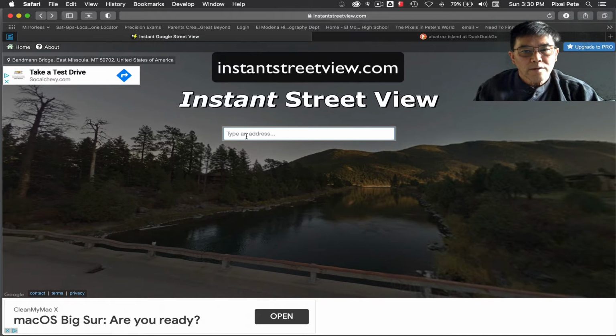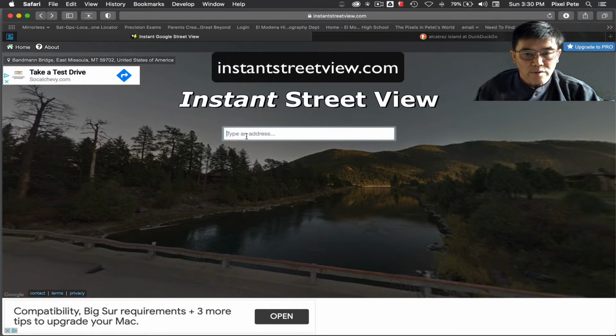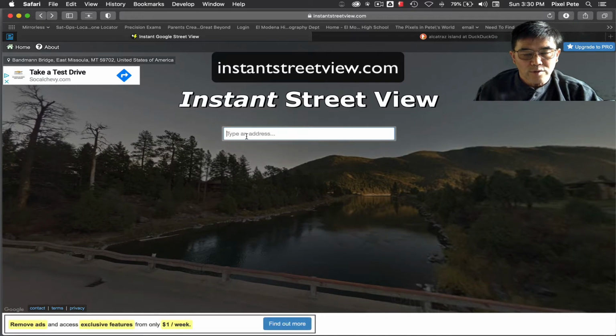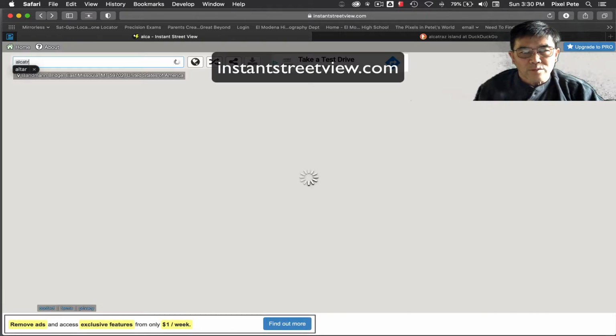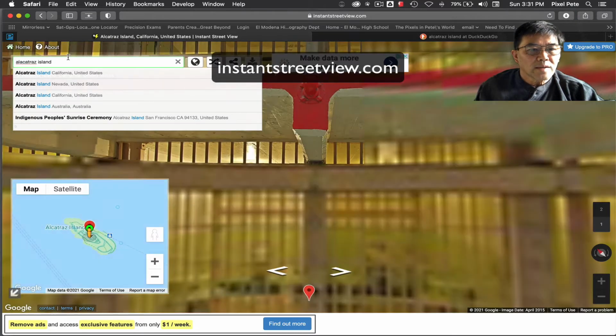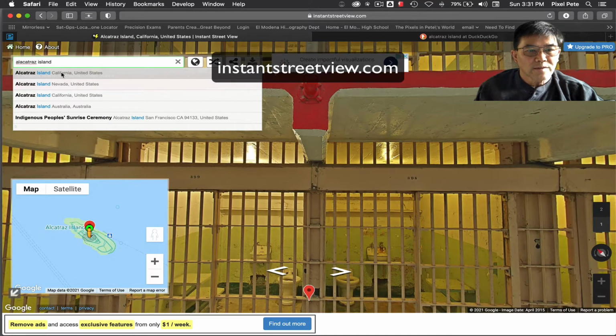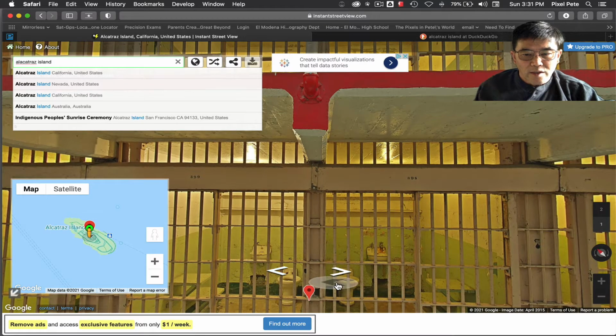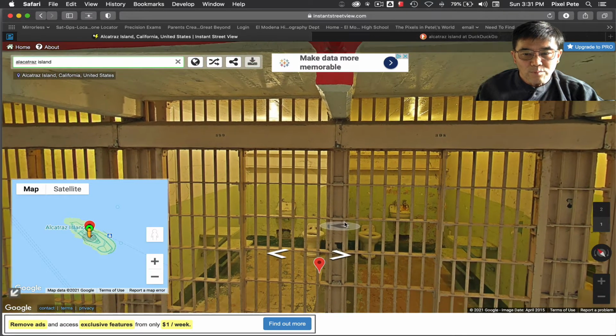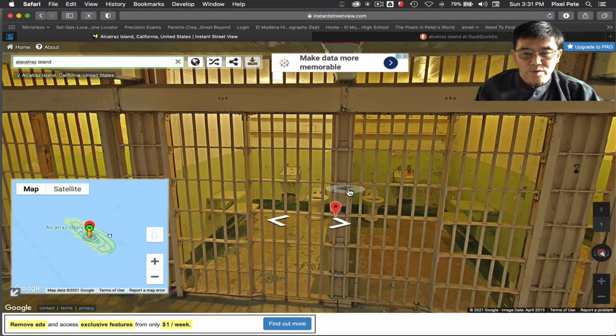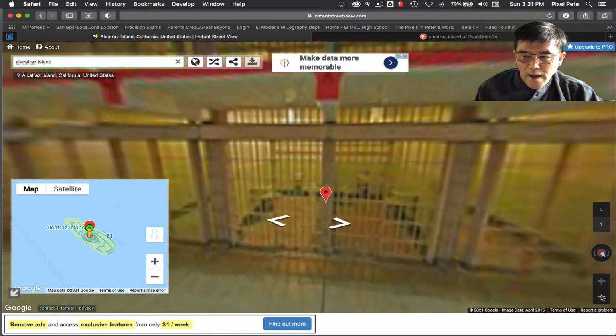So let's say you have a term paper or something and you have to do something about Alcatraz Island. I'm just randomly going in Alcatraz Island, California. That's the one that I'm looking at. It dumps you right into a, wow, we're looking into a prison cell, okay? Right in there. So it's kind of too tight, so you're gonna come over to the bottom right and zoom